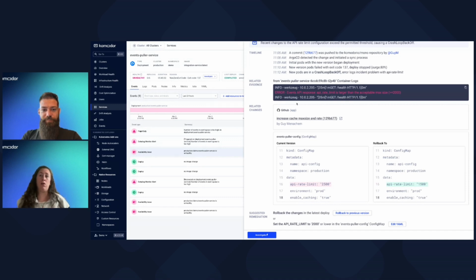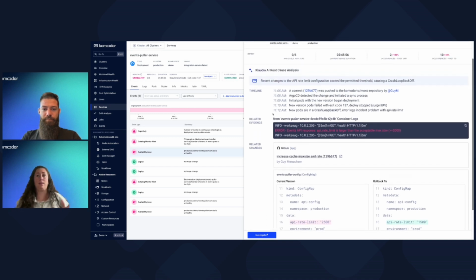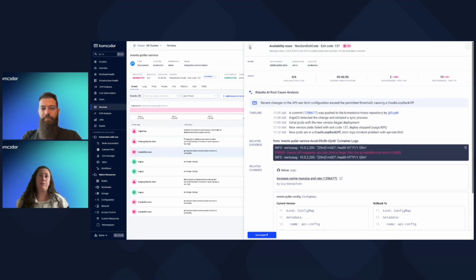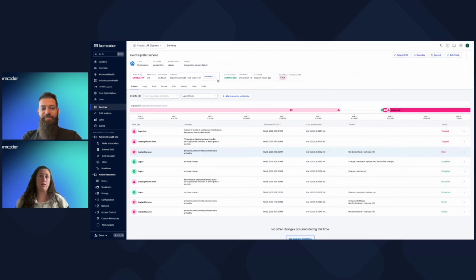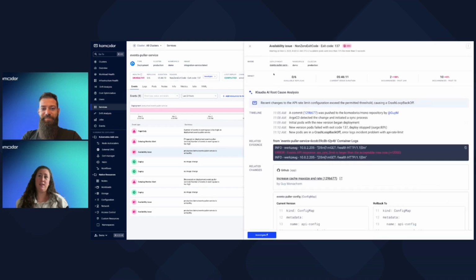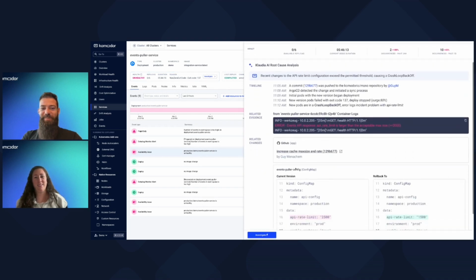And again, this combines all the information that Komodor has, whether it's historical information of changes that were done, whether it's the GitHub integration that allows us to see exactly the sources that were changed, as well as our AI that takes all that information and digests it into an actual action that you can do and change in order to fix the issue. And also, it's telling you who to blame, because you can see that problematic PR,